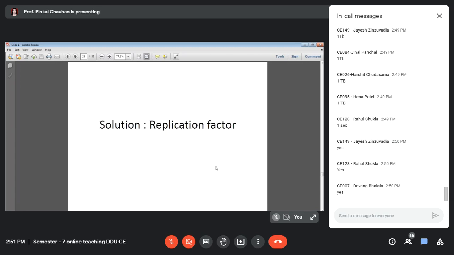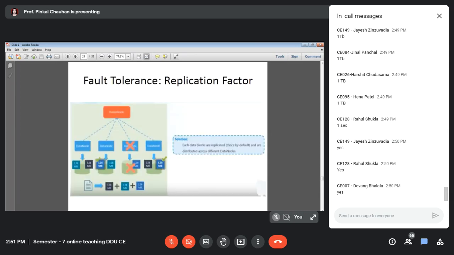To overcome this situation, in Hadoop we have something called the replication factor. So what is this replication factor? By default, it is set to 3, which means each HDFS block is stored at 3 different data nodes by default. Again, as I said, you can change it.